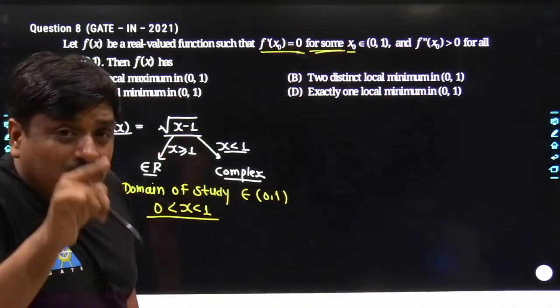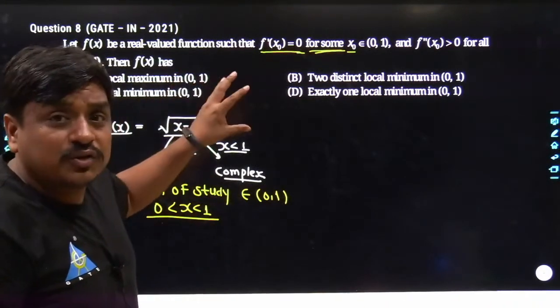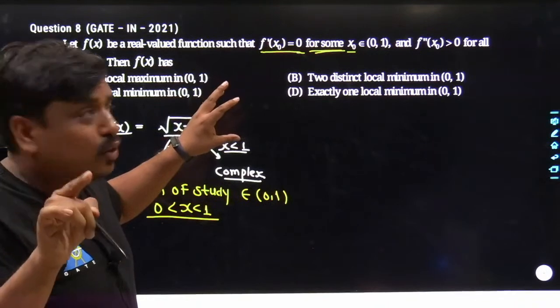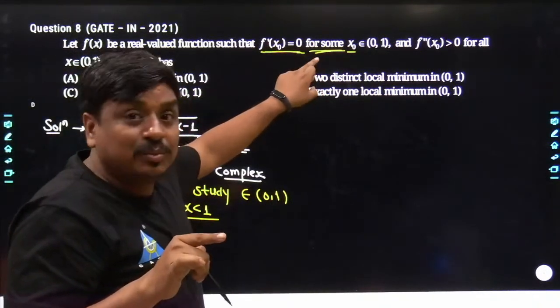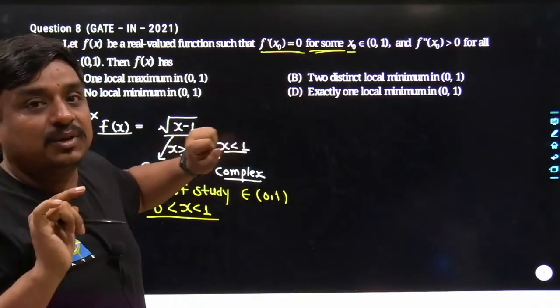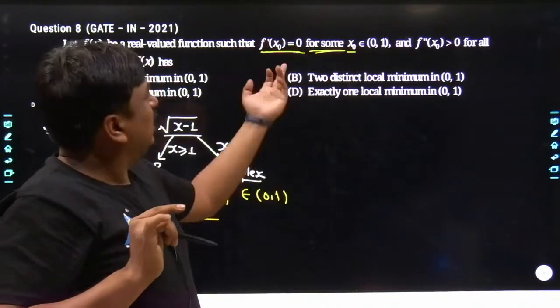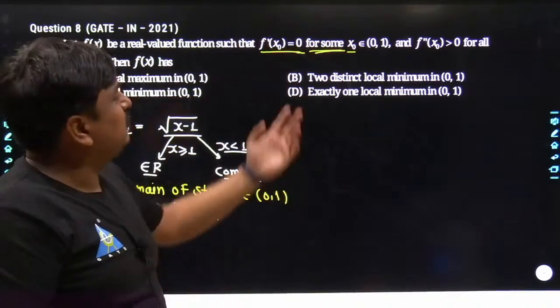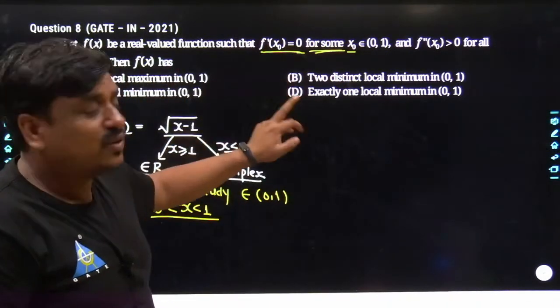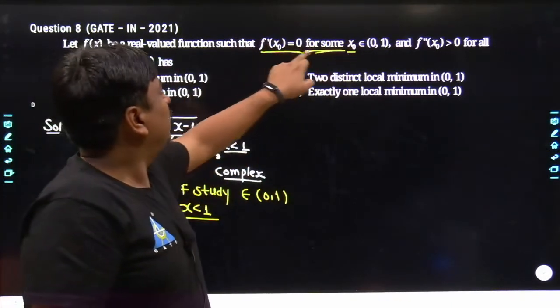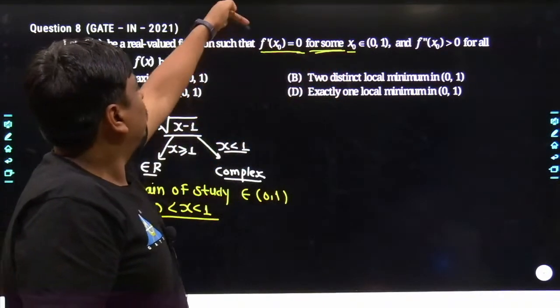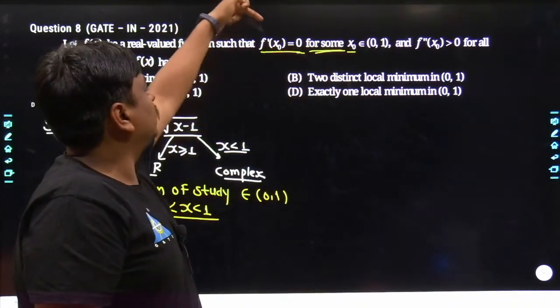Could you understand what this problem is wanting you to focus on? This problem wants you to focus on the sum. No, the sum is making this problem more miserable. That means you can have one value of x naught in between 0, 1. You can have 2 values of x naught in between 0, 1. You can have 3 values of x naught in between 0, 1, where it has been clearly given that the first derivative of the function becomes 0.